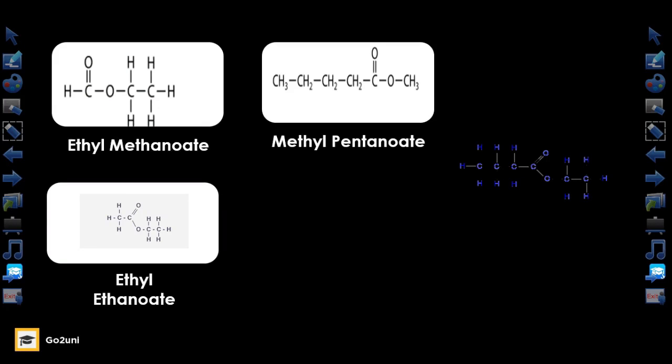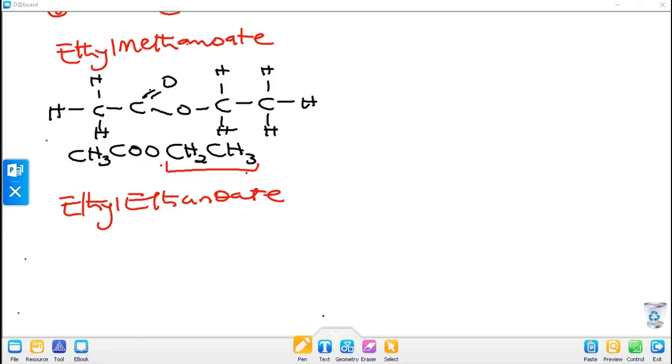We have another compound, methyl pentanoate. Why is this compound methyl pentanoate? Let us take a look at why it is methyl pentanoate. So, for methyl pentanoate, we have the structure as